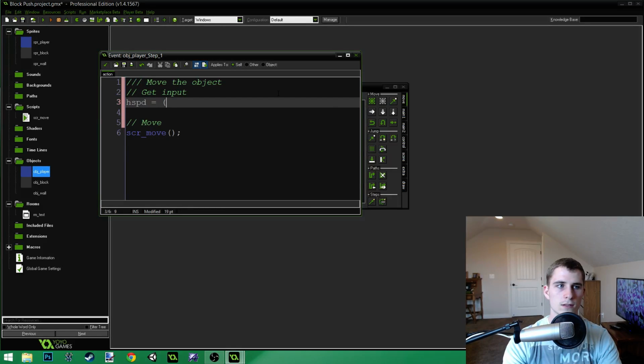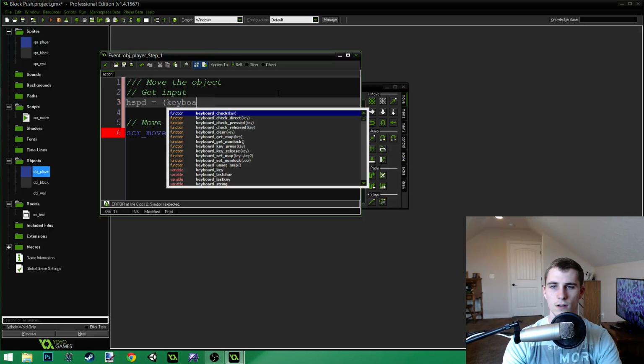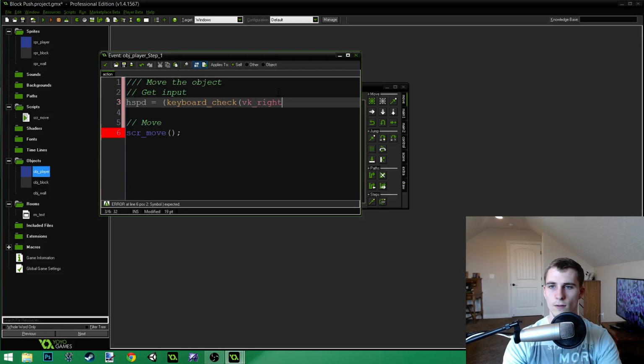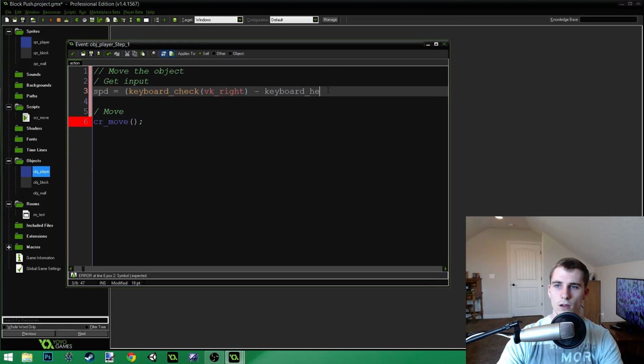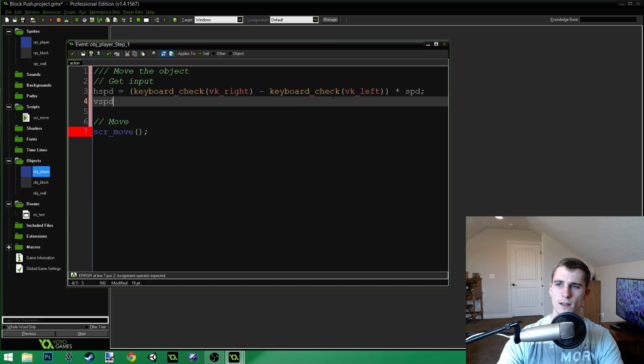H speed equals keyboard check VK right minus keyboard check. Let's make this bigger so you guys can see it better. Keyboard check VK left, and then we're going to times it by the speed. V speed equals keyboard check VK down minus keyboard check VK up